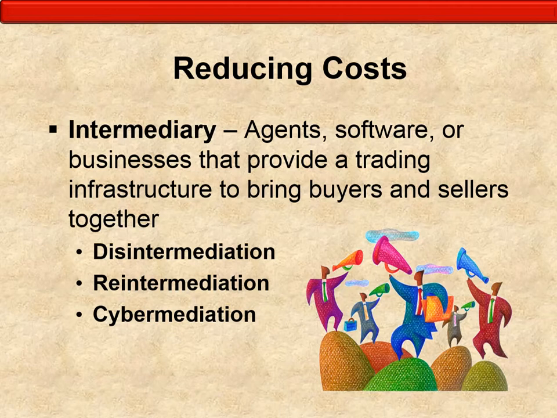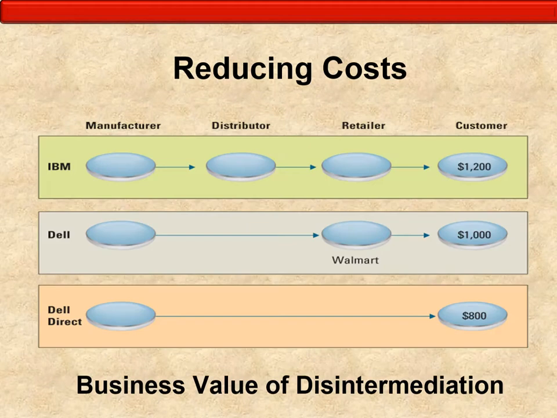Re-intermediation is when steps are added to the value chain as new players find ways to add value to the business process. In other words, it's the intermediaries trying to add value to what they're doing so they can keep their job and paycheck. Cyber-mediation refers to the creation of new kinds of intermediaries that simply could not have existed before the advent of e-business. So again, by the mere mention of the word cyber, it flattens the world, opens us up to other resources that didn't exist before.